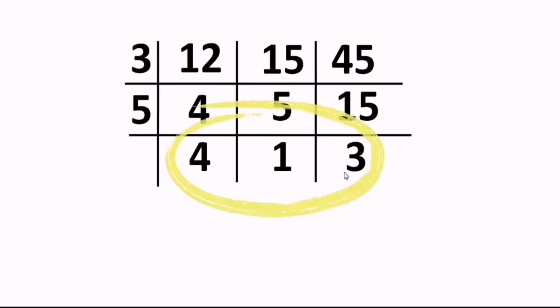And now check it out over here. None of these 4, 1 and 3 are divisible by the same number. No two of them are present in one and the same table. At this point we can say we have to stop for the LCM. So what we have to remember for the LCM of three numbers is that if we have two numbers in the list which are divisible by some number, then we have to carry on with the division. We are not supposed to stop. Now no two of the numbers 4, 1 and 3 are divisible by any other number, and that is the end of our working.